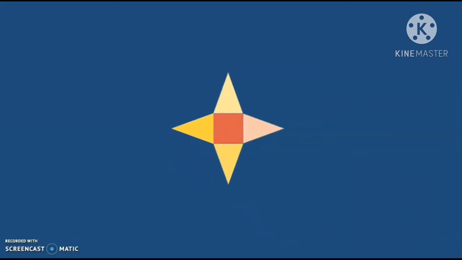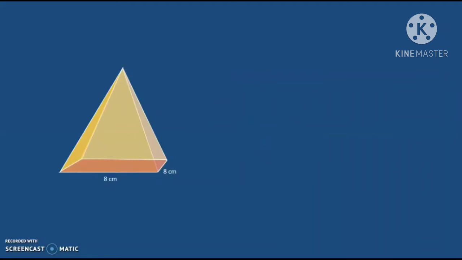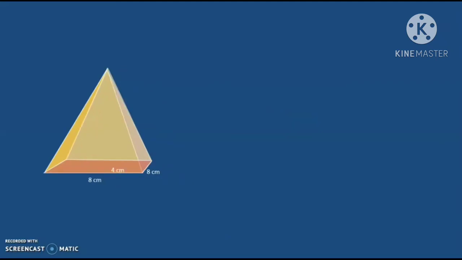In this pyramid, we find the area of the base by doing 8 times 8 to get an area of 64 cm squared. And now, let's deal with the area of the lateral faces that we need to add to this. Let's think about this for a moment. We know that this here is the height of the pyramid since the top of the pyramid is in the dead center of the pyramid.